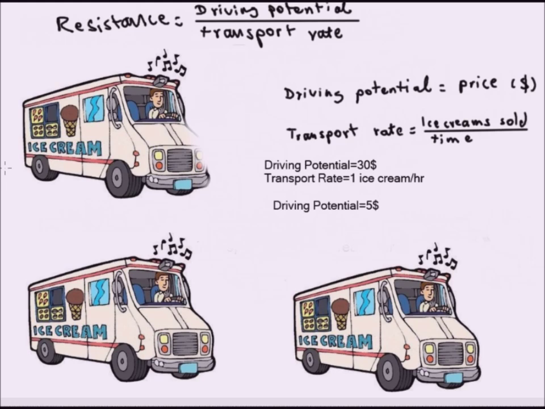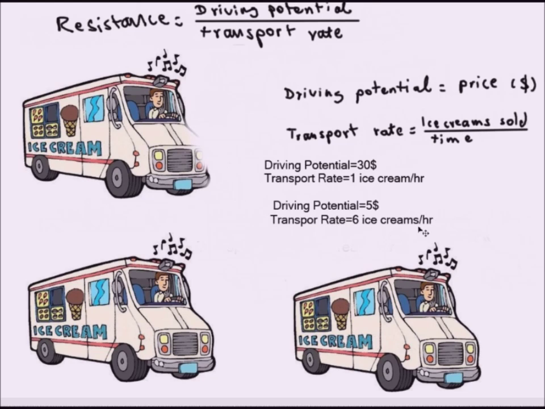So now it's cheaper, and apart from that, they're a lot more available. So the transport rate equals 6 ice creams per hour, which is still pretty low, but for our purposes, it won't really matter. So comparing these two scenarios,